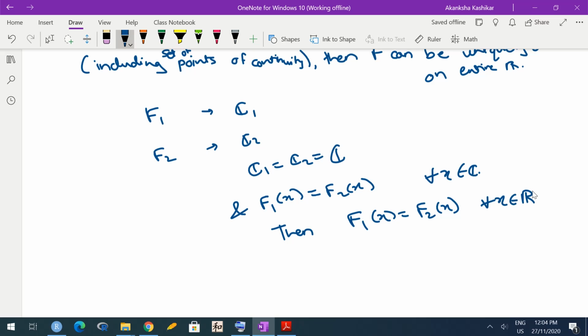Okay, so it is enough to know the value of distribution functions at points of continuity. The values at points of discontinuity can be figured out from these very easily. Okay,